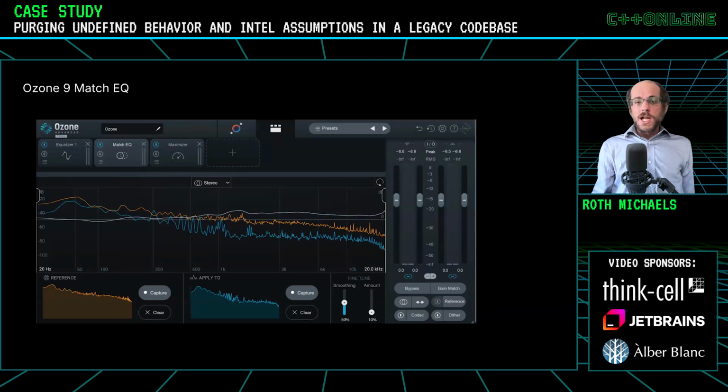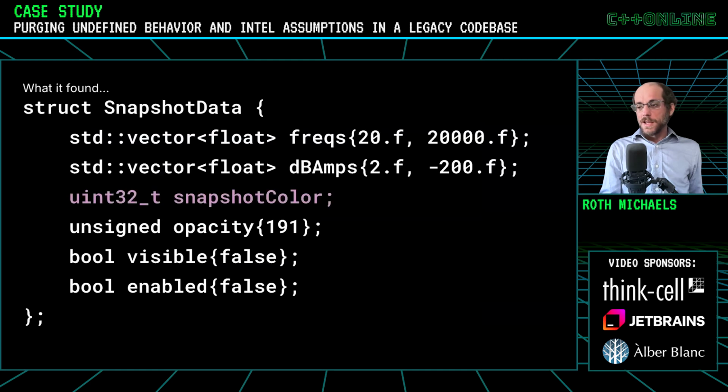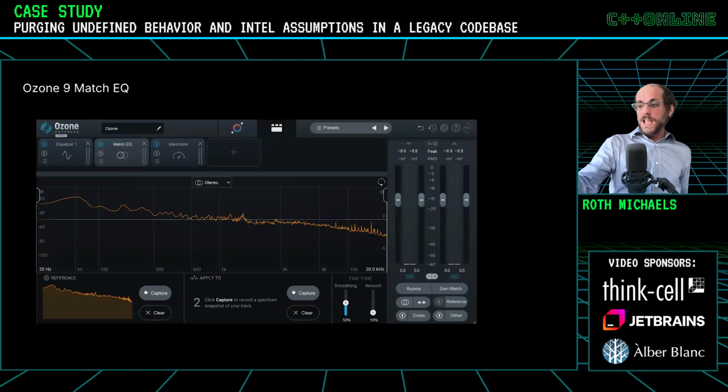But we also changed the way we serialize this data. We used to save it to files on disk, but now we were actually saving it with the save file in the host program we were running in, in their data section. And part of that save process involved some compression. And it was crashing in a situation where that second blue curve wasn't there, and that meant the color was not filled in yet. And so in that case, snapshot color was uninitialized if you were saving something in this state and trying to reload it again.